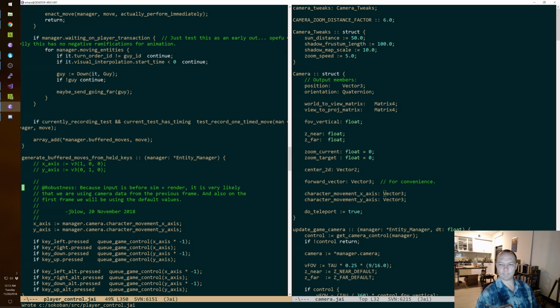All right. So we generate buffered moves from held keys. We use these, and let's just